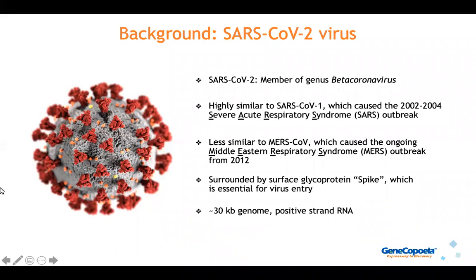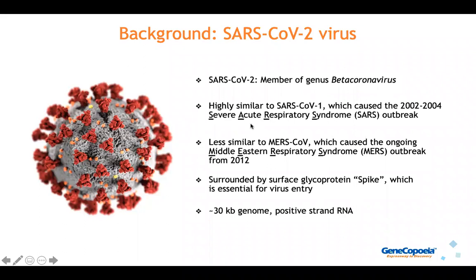This graphic, of course, we've all seen literally everywhere on the news, in publications, advertisements, etc. It comes from the U.S. Centers for Disease Control, depicting the SARS-CoV-2 virus, which is a classic coronavirus member of the genus beta coronavirus. It's a spherical structure with these spike-like proteins. In fact, they're called spike proteins, surrounding the surface. These proteins engage with the